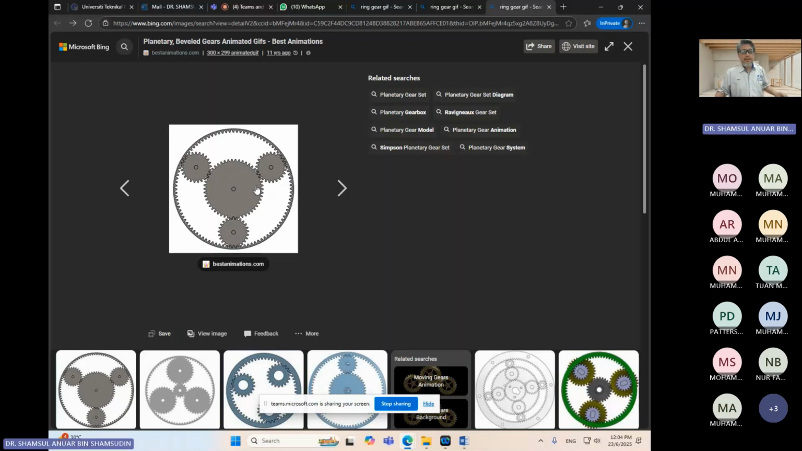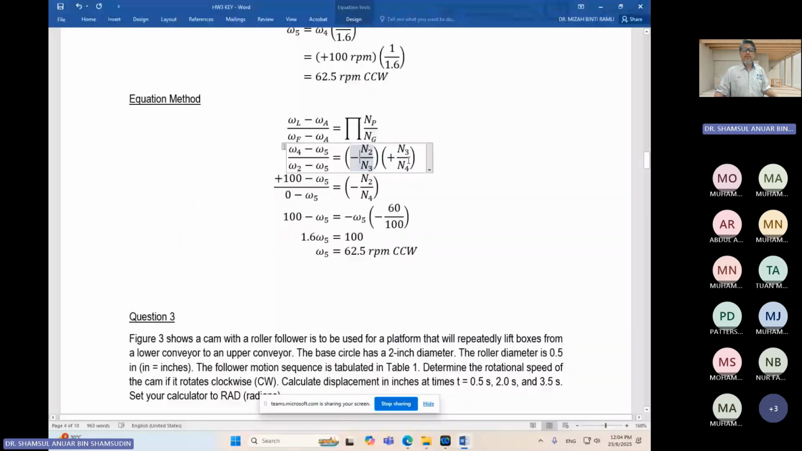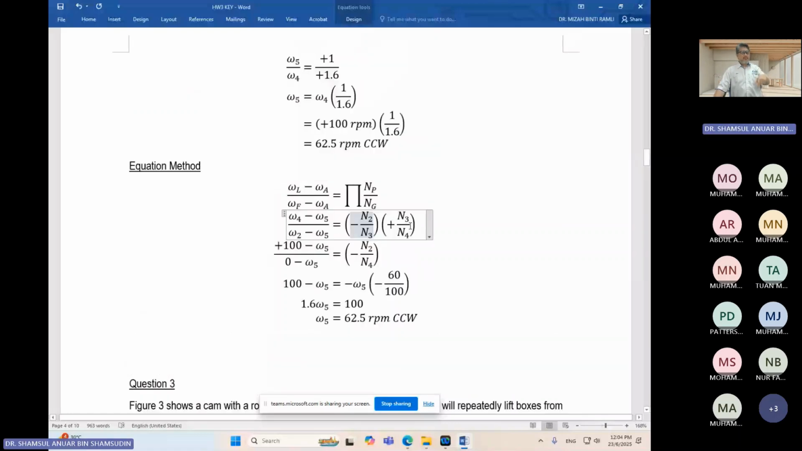Okay, so that's why we have a positive relationship between the planet here and the ring here. So I want you to understand why this thing is positive. Between 3 and 4, positive. Okay,